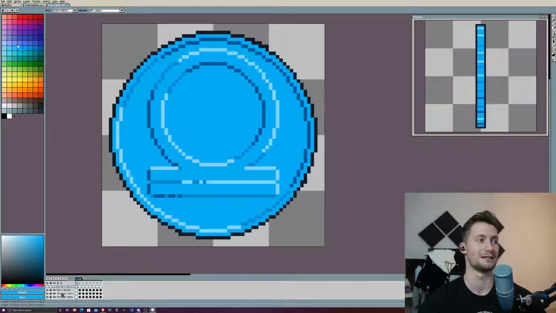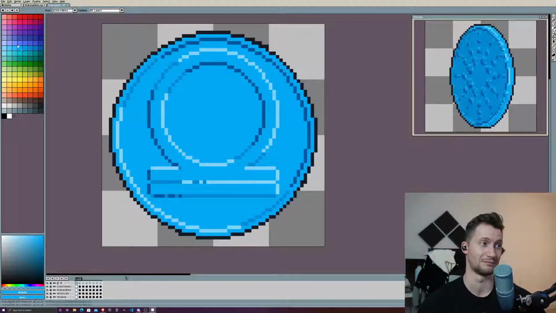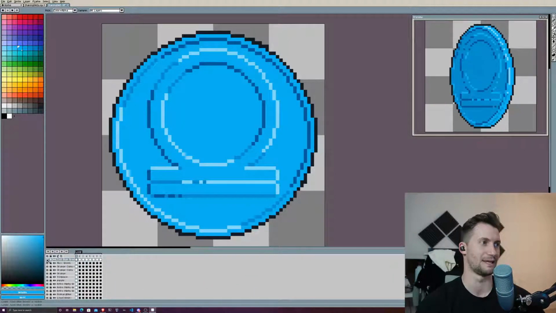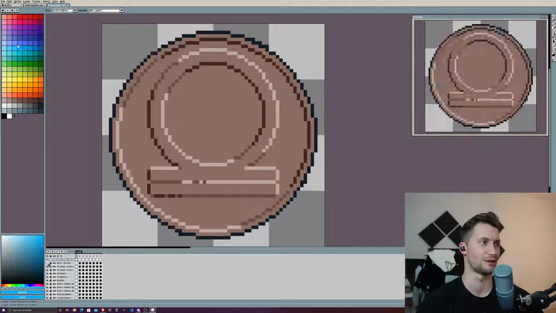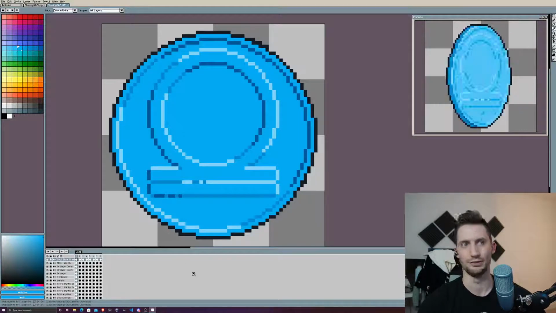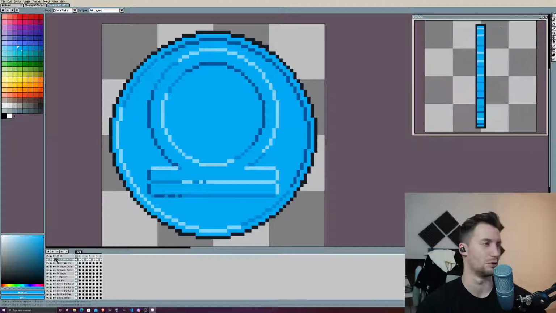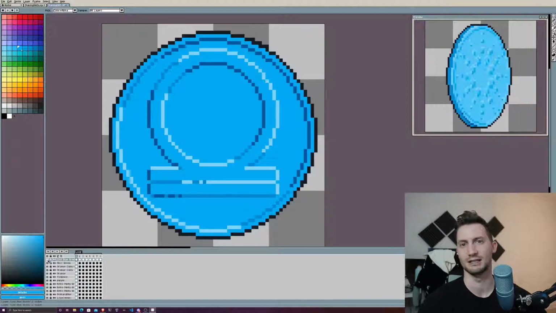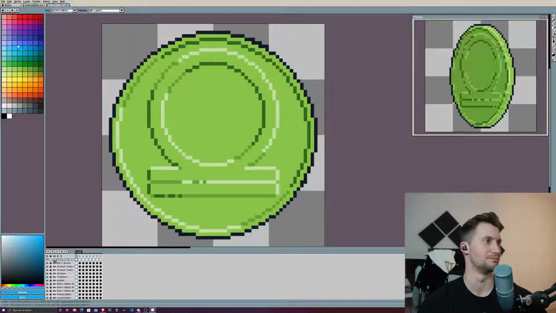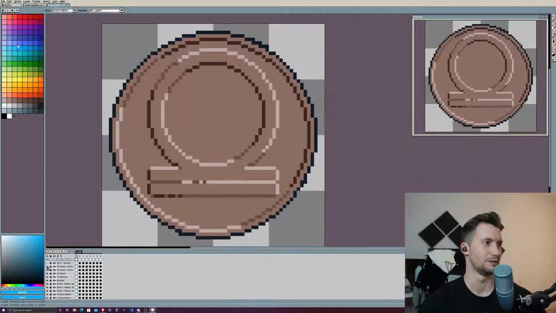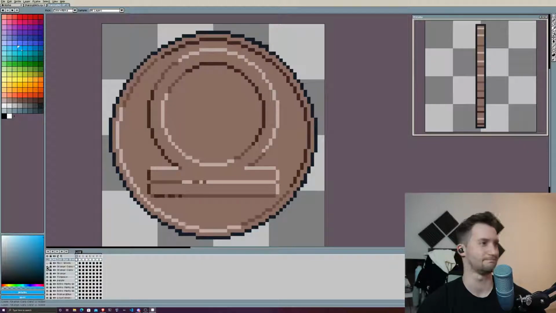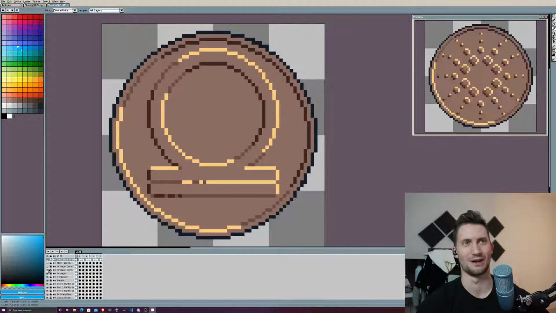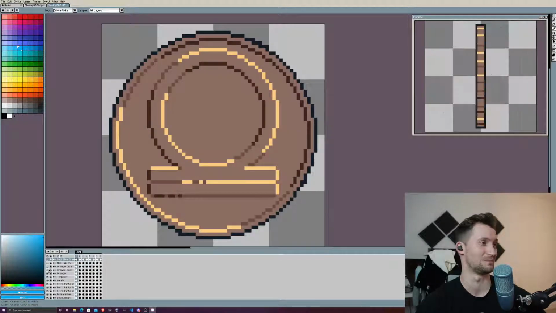Although I have made all these colors for fun, and I'm going to be making a lot more of these colors as well, because there's never enough, right? Just to have a little look, because we have done quite a few tonight, let's look at what we've actually done in the last hour and a half or so. The last one we did is this super blue. Then we did this mossy green. Then we did chocolate. Then we did this chocolate orange with the bright sunlight, which I quite like. Now I see it spinning around again.